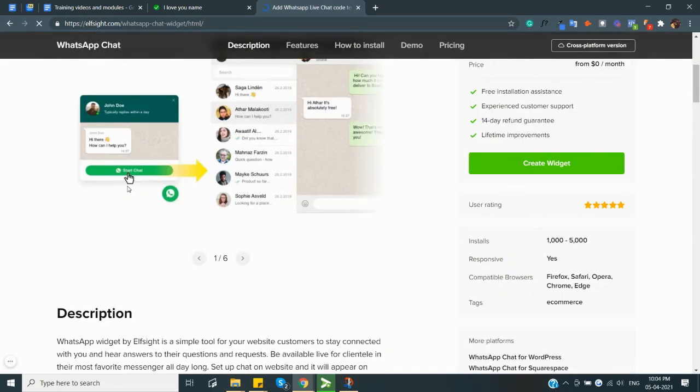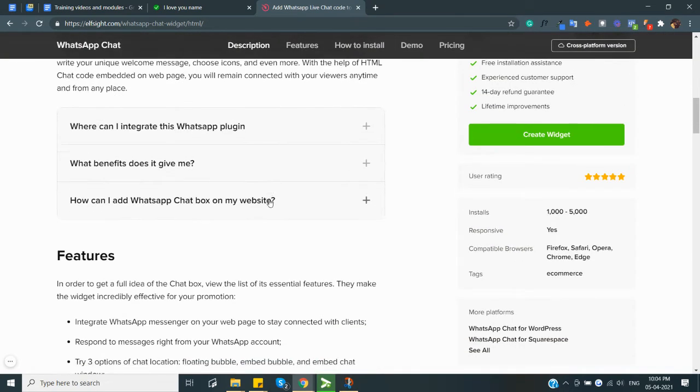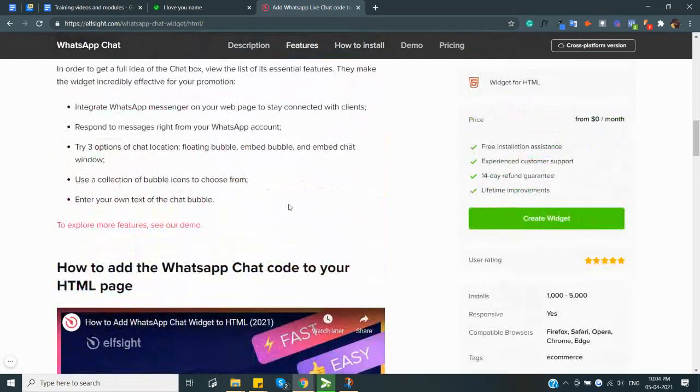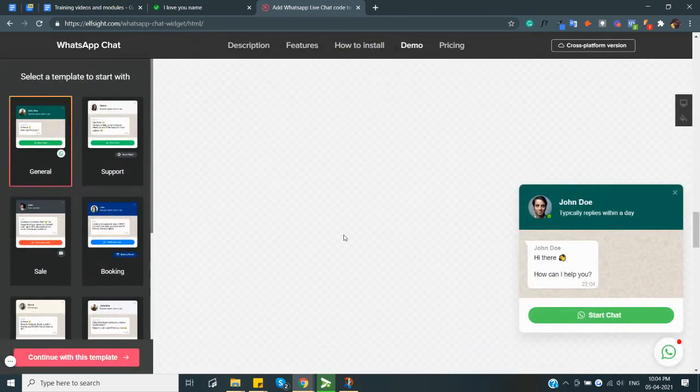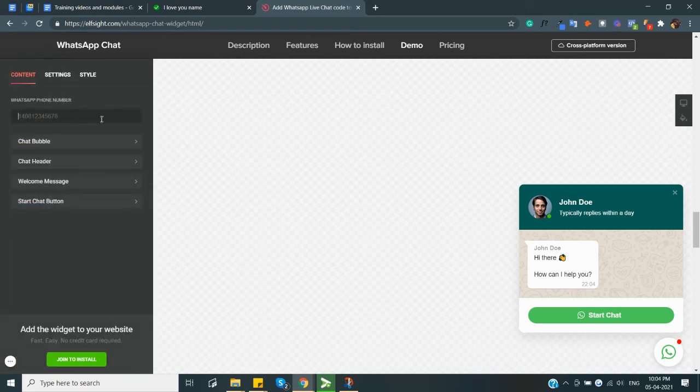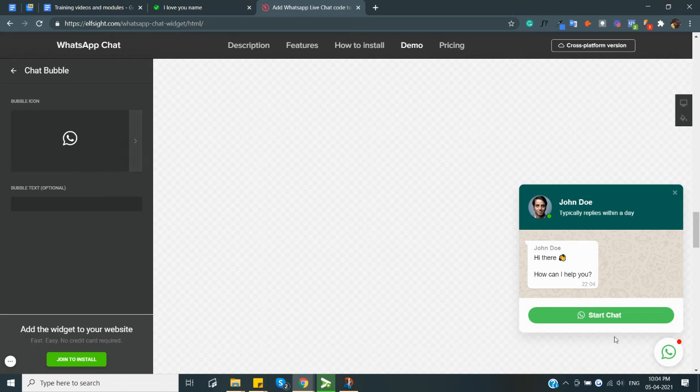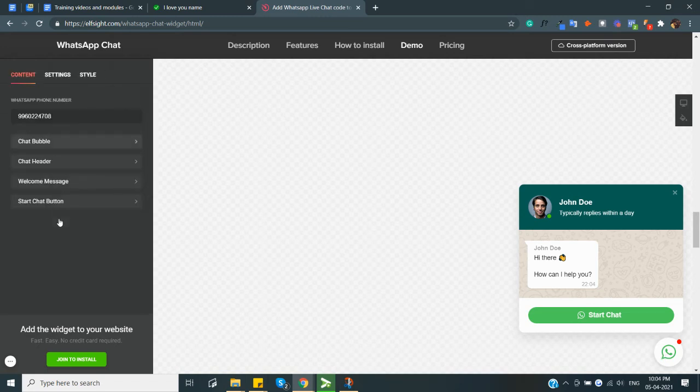We'll go to the first site that says you can create a widget, and let me see if they have it for free or not. Awesome. Seems like a free code. Do we want something like this? Let's go with something like this. What would be my WhatsApp number? It would be 990224708. So this is my personal number, and they have the option to edit the chat bubbles and all that,